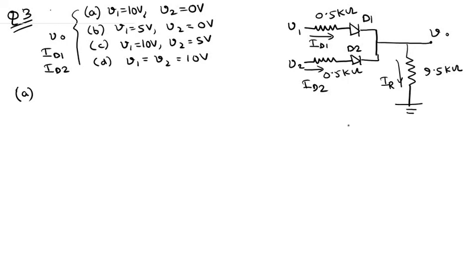So in this case the current ID1 is actually IR. Because this diode D2 is reverse biased, no current flows through D2. So whatever current flows through this diode D1 also flows through this 9.5 kilo resistor over here. So here ID1 is equal to IR,